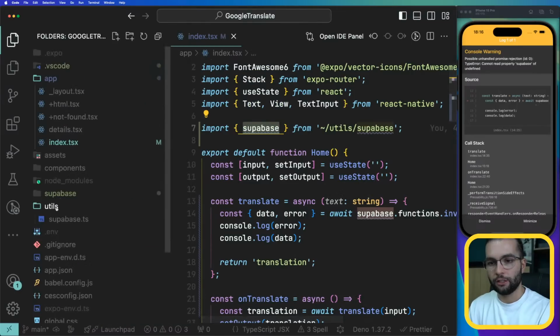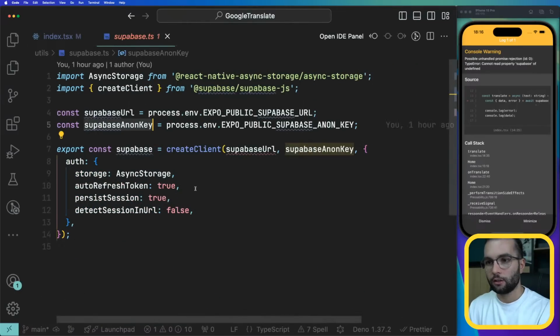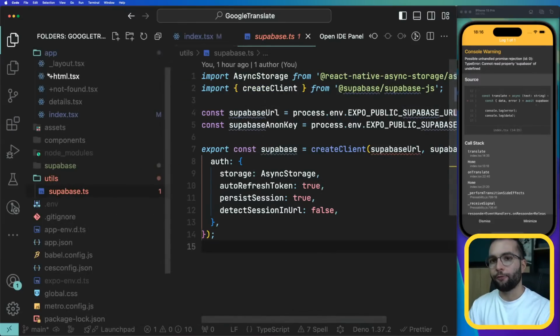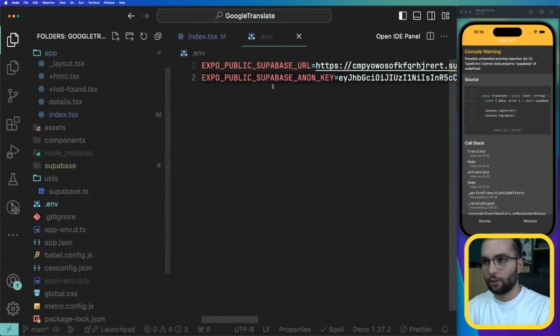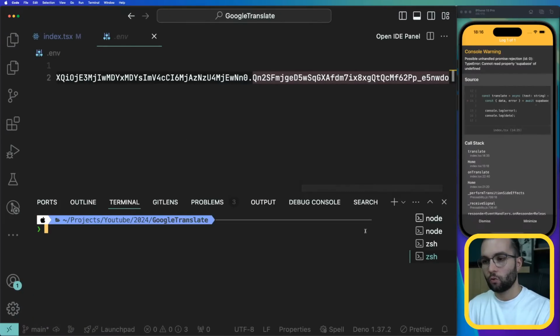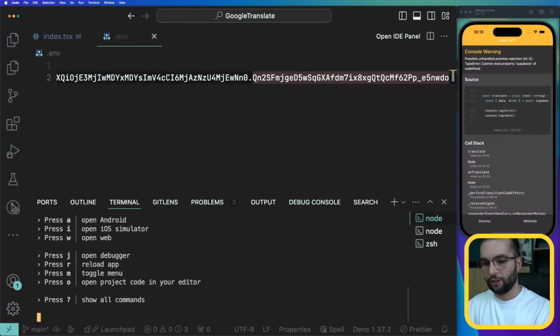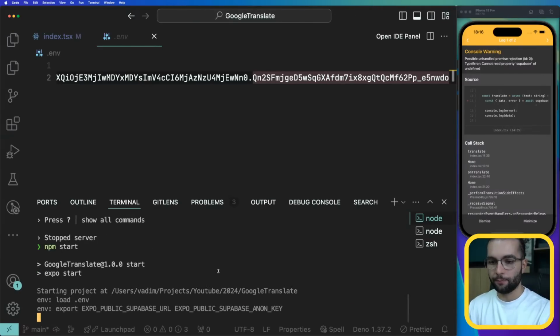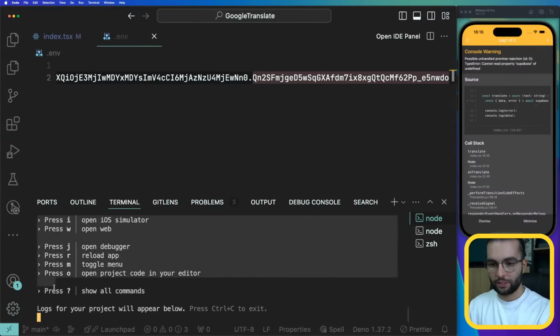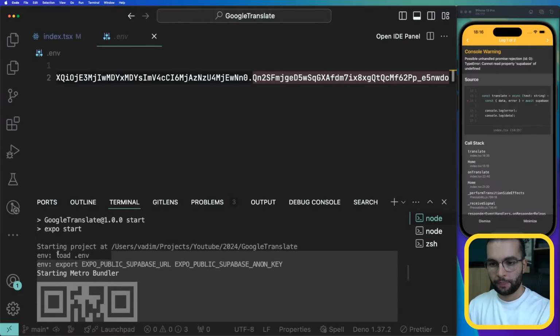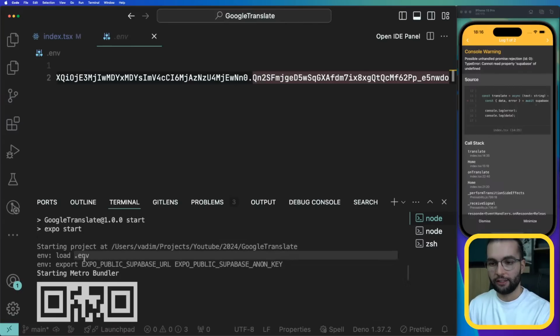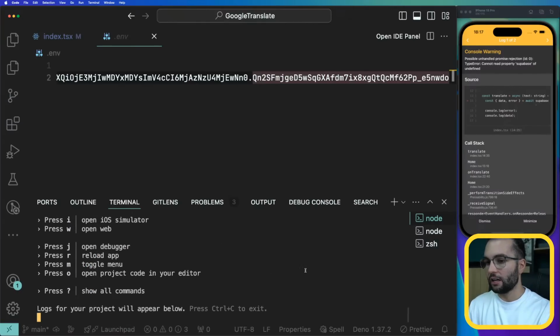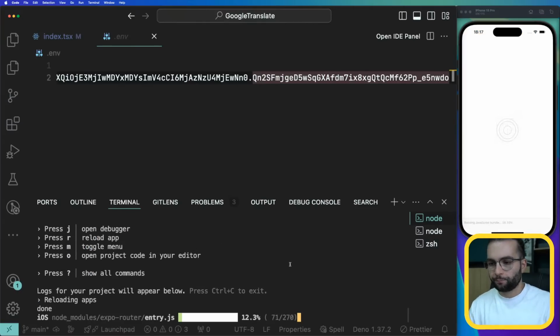Let's check utils/supabase, export const supabase. Oh, I think I know. The problem is that we updated the environment variables, but for them to take effect, we need to stop the development server and start it again. Now we see here the environment loaded the .env file, and now if I press reload,